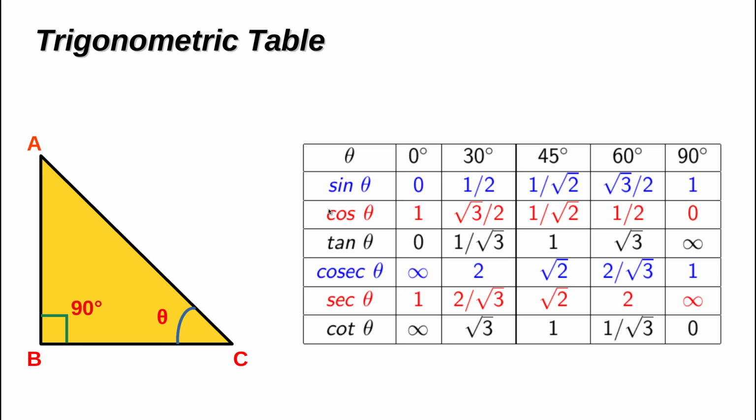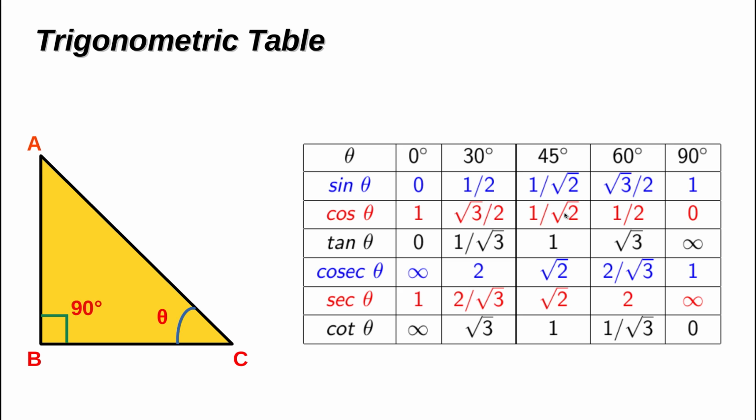Now in the second row, the values of cos theta. Now you have to just write it in reverse way as you have written for the sine theta values. So now here the cos 0 degree value is 1, which is equal to the value of sine 90 degree. Similarly, cos 30 degree value is root 3 by 2, which is equal to the value of sine 60 degree,